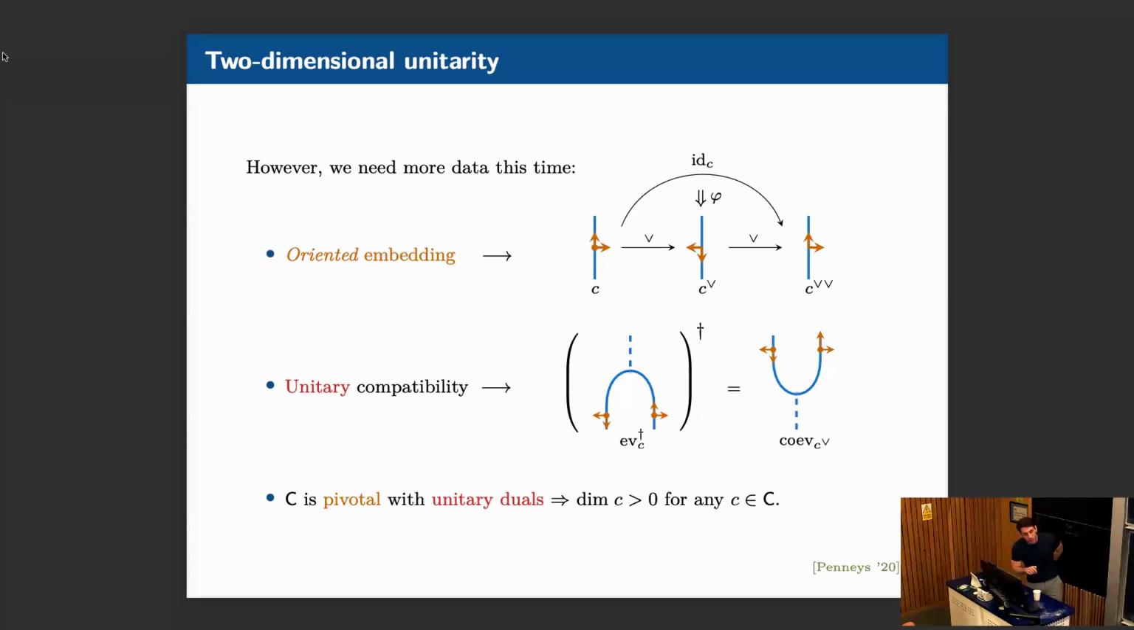Yeah. So instead of asking that the double dual is isomorphic to the identity functor, you'd ask that there's an invertible object such that the double dual functor is isomorphic to conjugation. Oh, okay. I'm just curious why this sort of picture wouldn't appear in the physical